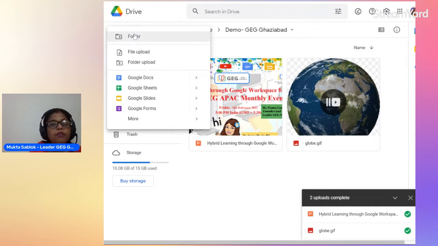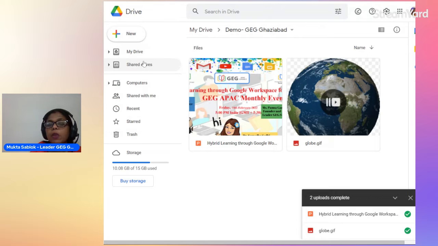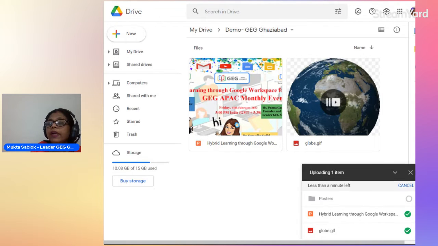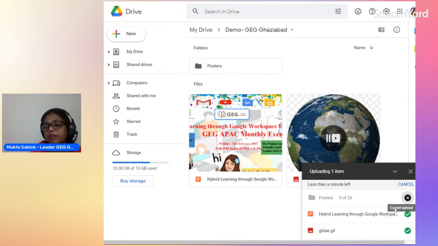If we want a full folder to be uploaded, that means the folder with files and subfolders inside it, we will click over folder upload. And here is my posters folder. Let me upload it. It will tell you that it has 25 files and ask if you really want to upload it. Yes, I want to upload it.